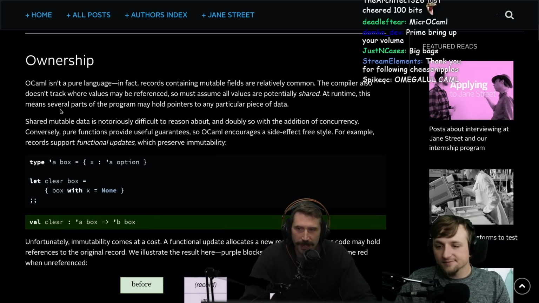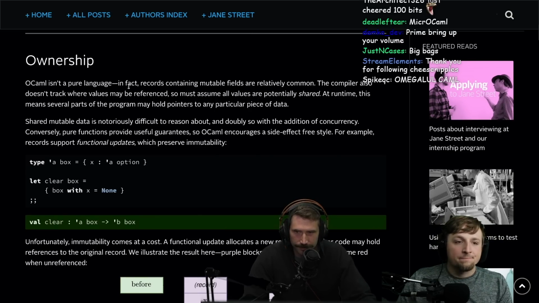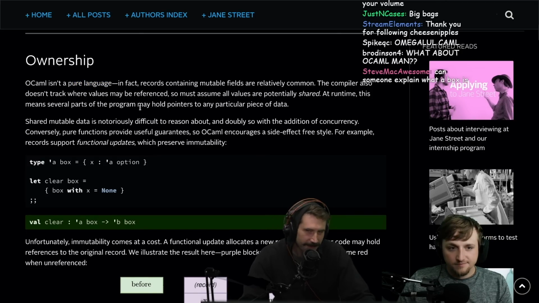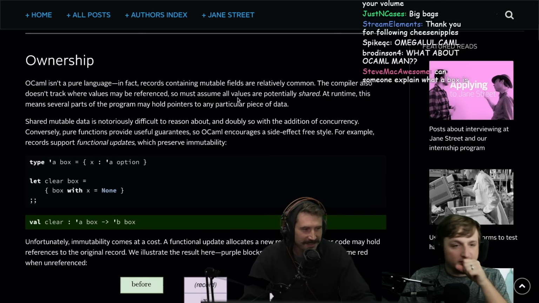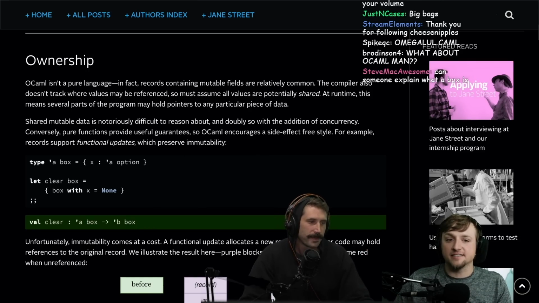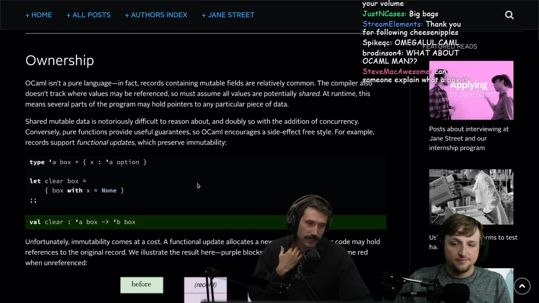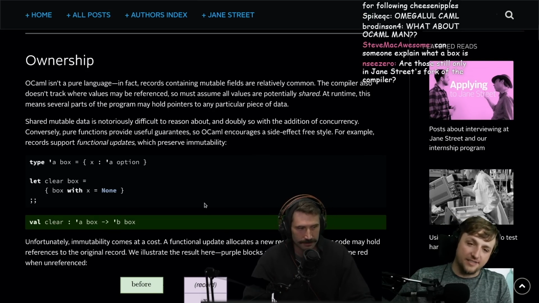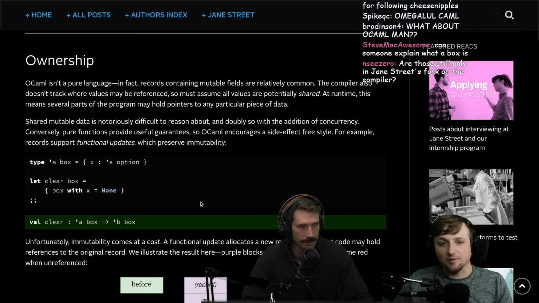I like that. OCaml isn't a pure language. In fact, not pure functional, in terms of you having to account for side effects and things like that. There exists mutability. So in other words, unlike Haskell, your final product isn't a white paper. Right, exactly. It runs and maybe someone makes money off of it.